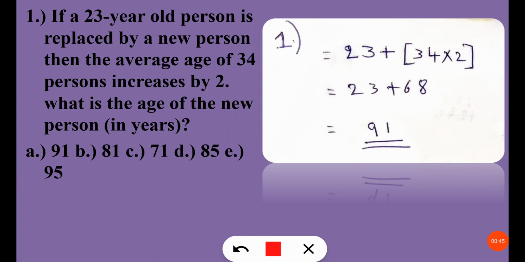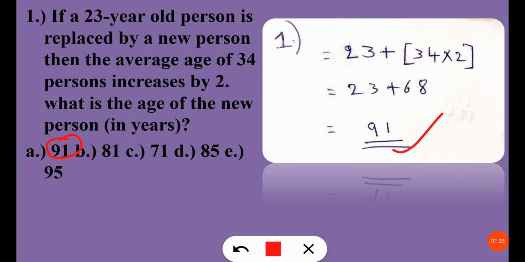Coming to the solution, it was clearly given that the average age of the entire team increased by 2. That means the new person must be elder than the old person, so the new person should have an age greater than 23. That's why we have written 23 plus. Next, how many people are there in the team? There are 34 members. And how much was increased? 2 was increased. That means on average every person's age was increased by 2. That's why 34 into 2. So 23 plus 34 into 2, that equals 23 plus 68, that is 91, is the age of the